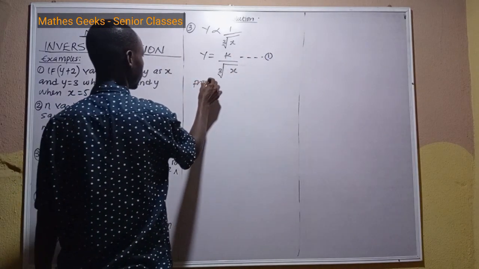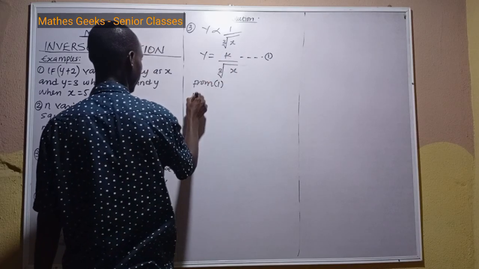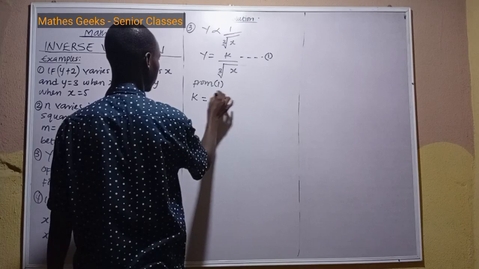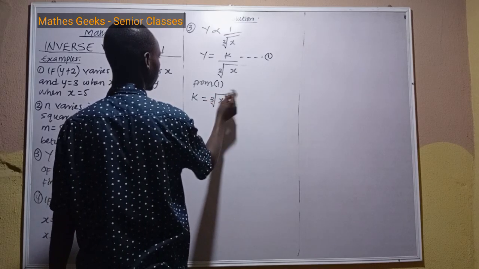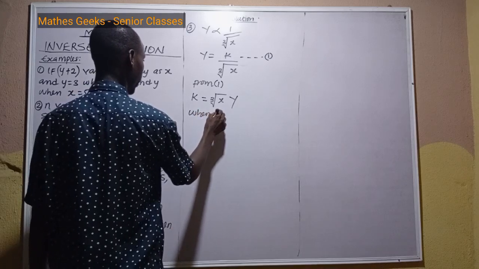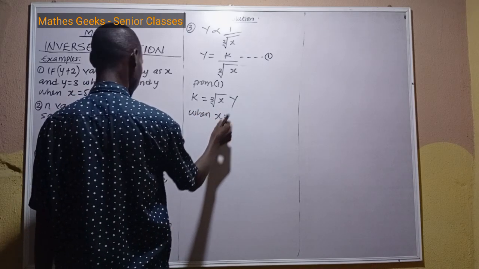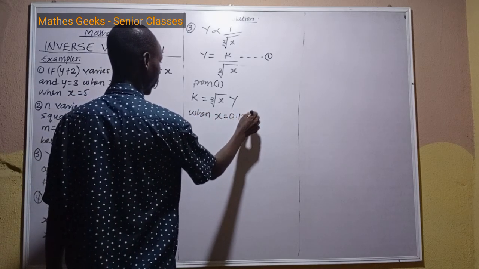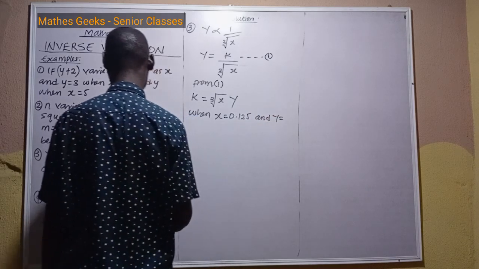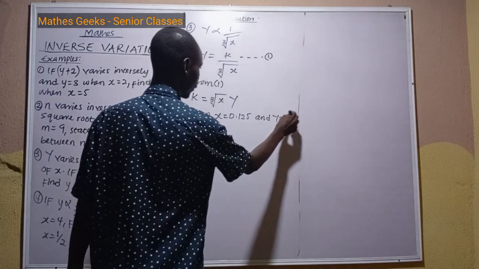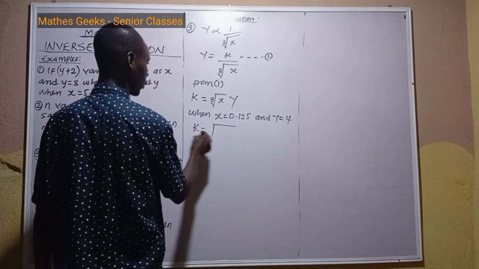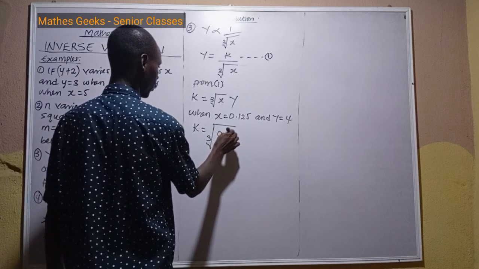So from 1, make k the subject of the formula. So k is third root of x times y. So when x is equal to 0.125 and y is equal to 4, k is equal to third root of 0.125